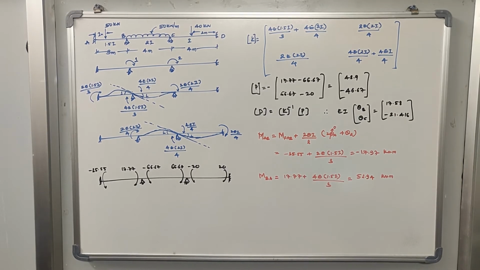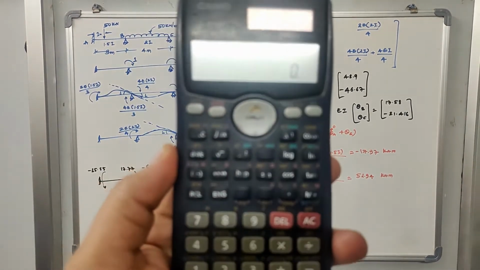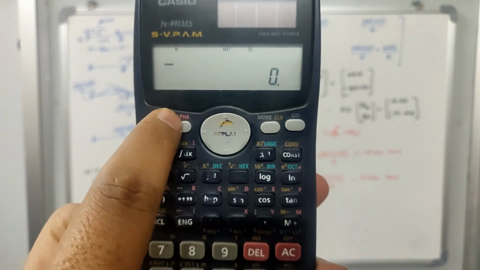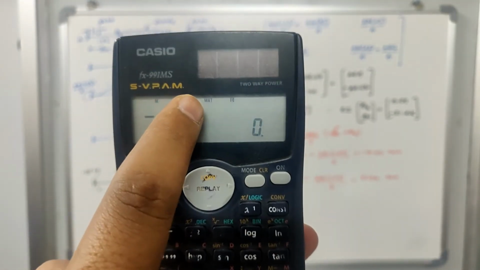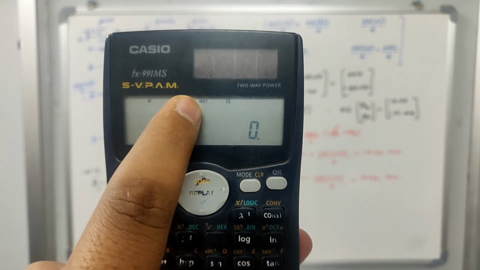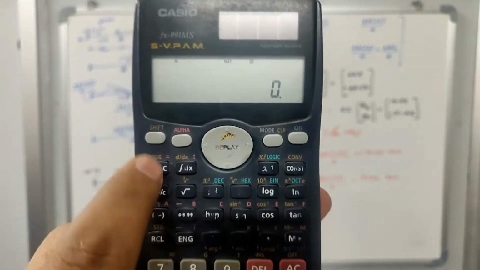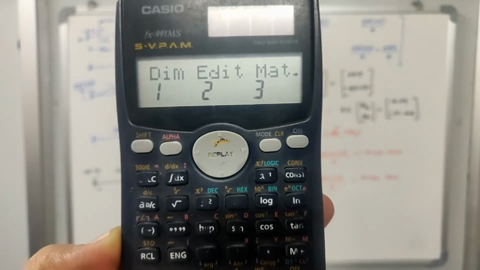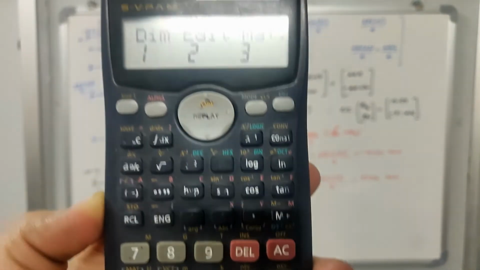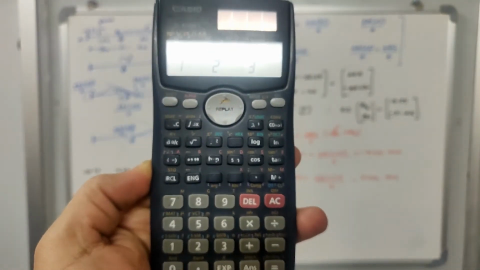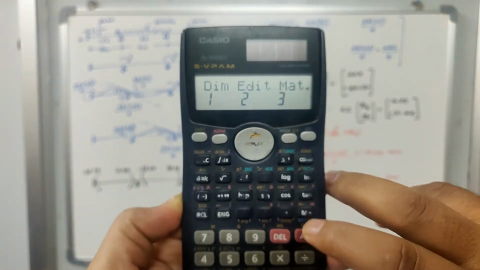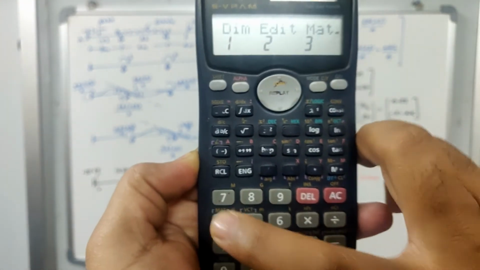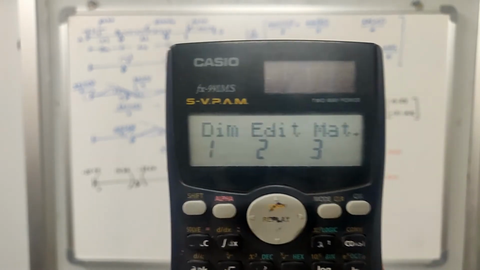So we need to solve it in the calculator. Let us go to this calculator. In the calculator, you first have to start your mat mode. As you can see here, MAT shows that your calculator is in matrix format. So shift, then you go for 4 and you will see that this is your matrix. This is the place where you will be entering your matrix values. I'll show you again. This is shift, you go for the 4 button where mat is written, then you will see these are the 3 commands that we have now.